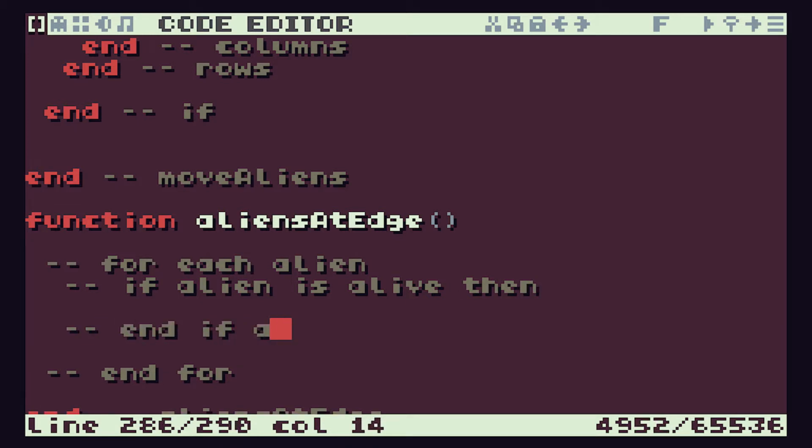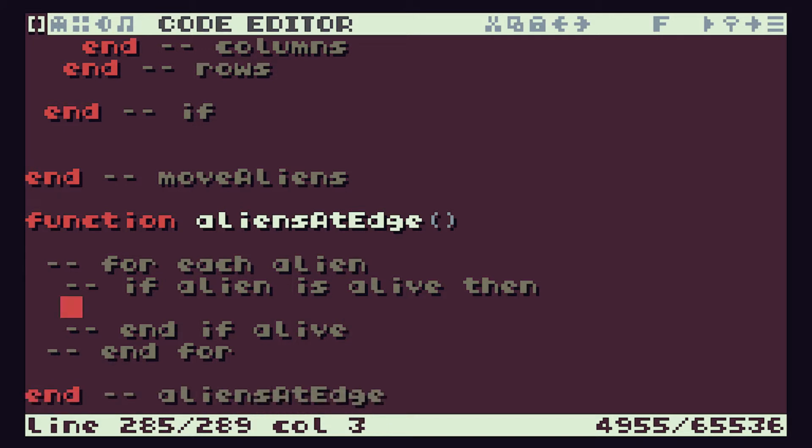And that's our end if alive bit. So if our alien is alive, then we need to check if it's going to step off the edge of the screen. But we have to check both directions in this. So we know that we have an alien direction variable that will tell us which way they're going. So we can then do in here, so if our alien is going right, and again that will be a +1 in our alien direction value,